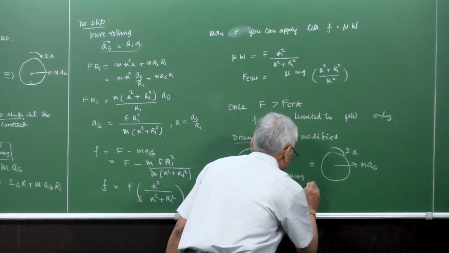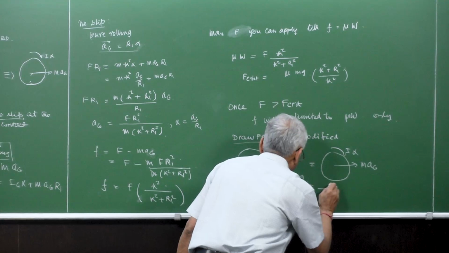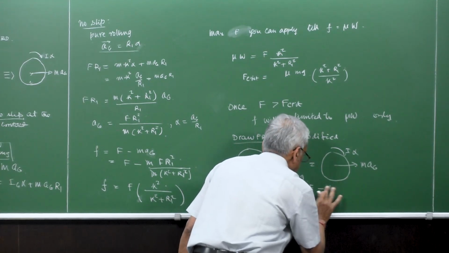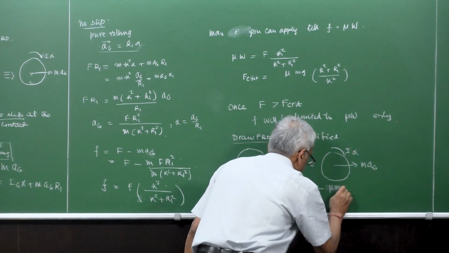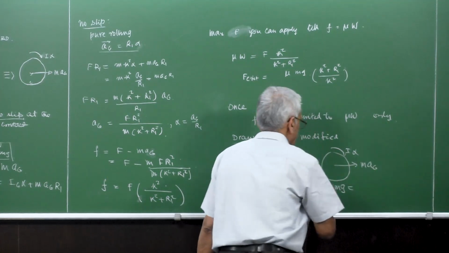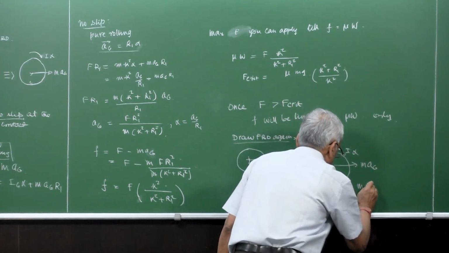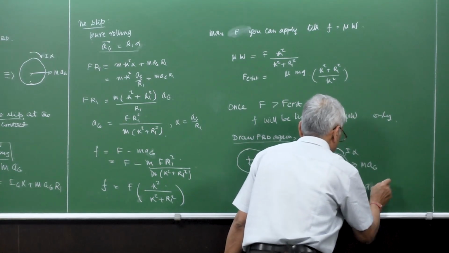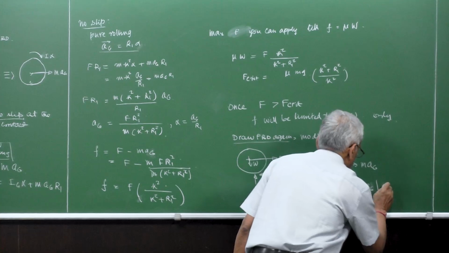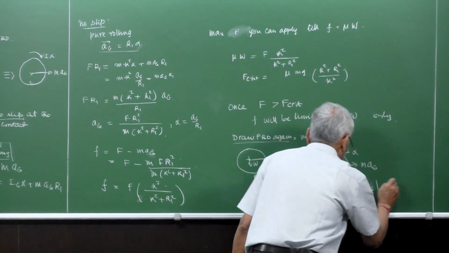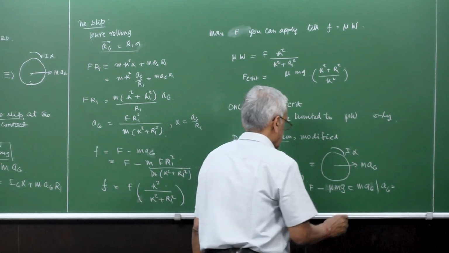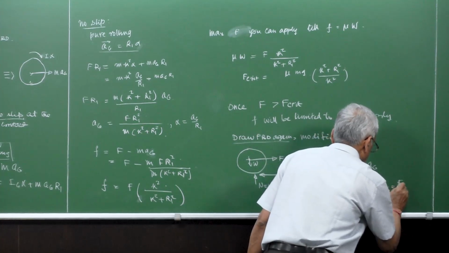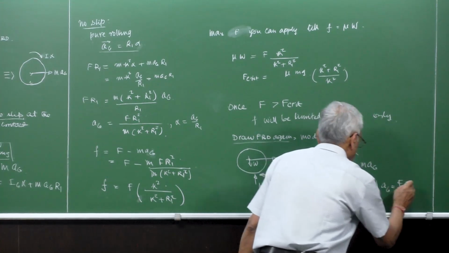So it is F minus mu mg is equal to m a_G, which gives you the acceleration of this one as nothing but F by m